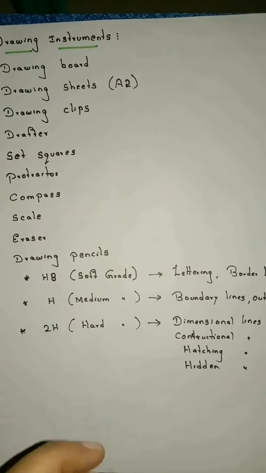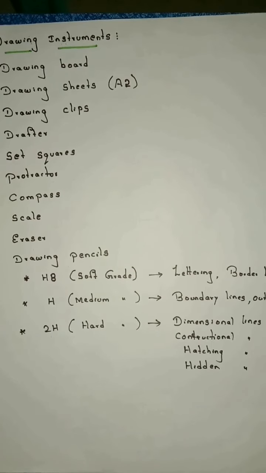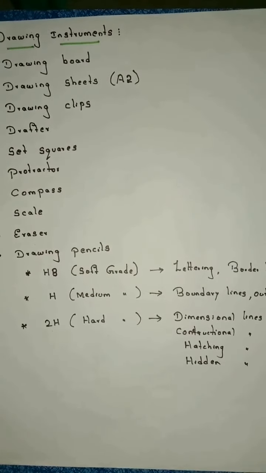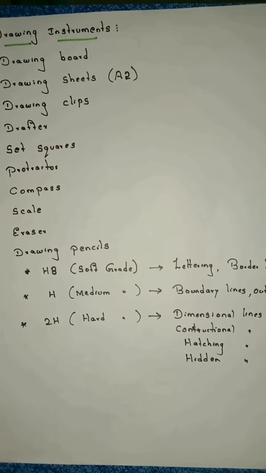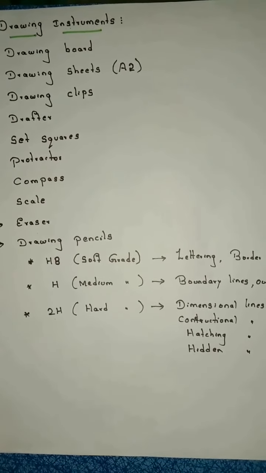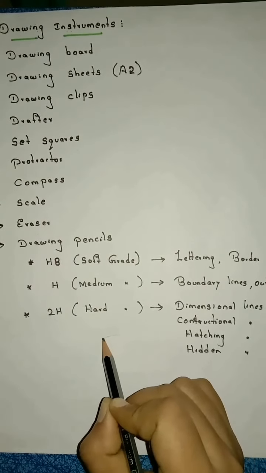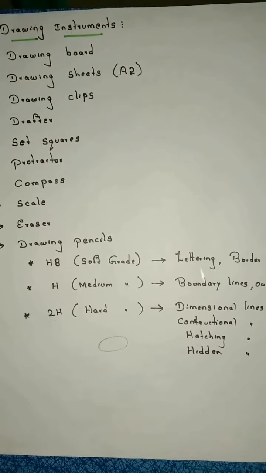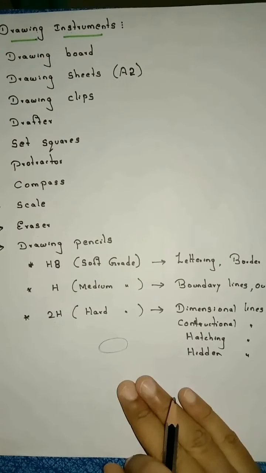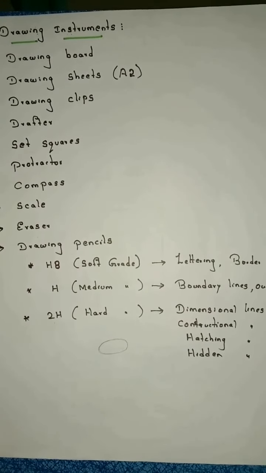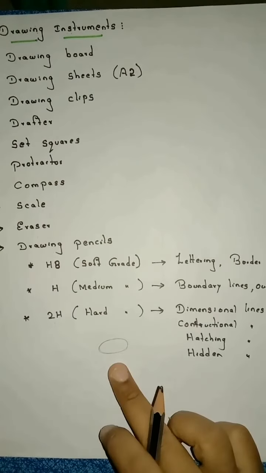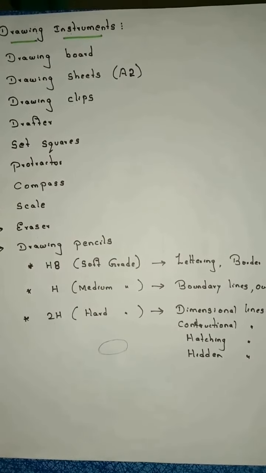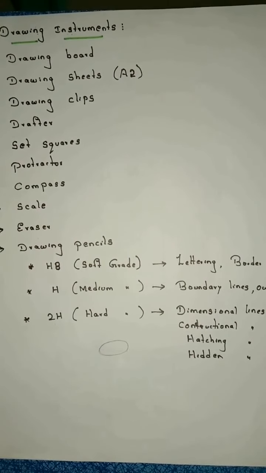So why do we have to use all these 3 pencils? We can use only 1 pencil and we can draw. Now why do we have to use all these 3 pencils, right? Now suppose I want to draw the ellipse, the shape of the ellipse is like this, right? Okay, so simply I am drawing this one without following any rules and regulations, without following any dimensions, so we will call it drawing, right? But coming to engineering graphics, we should follow certain rules and regulations, we should follow all the dimensions, right?